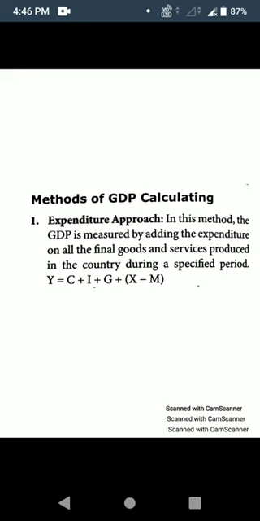Before that, do you know who has introduced this concept GDP? This GDP was first developed by Simon Kuznets for a US Congress report in 1934. Are we clear? Next, this GDP is calculated with the help of three methods. What are the three methods? Expenditure method, income method, and value added method. Okay, first one is the expenditure method. Expenditure, you all know what you mean by expenditure. Okay.